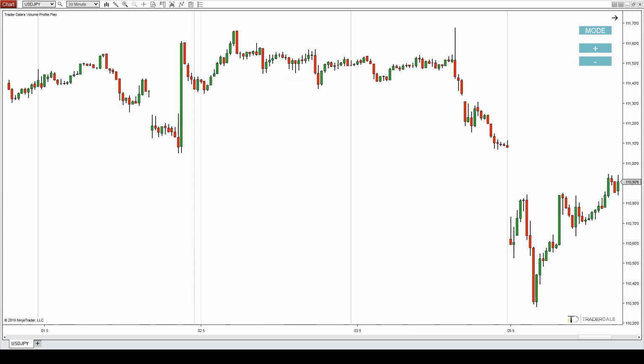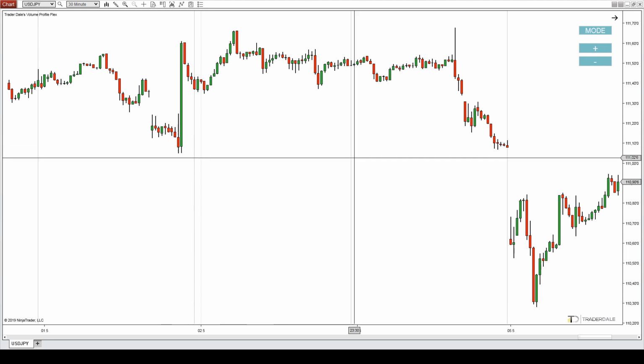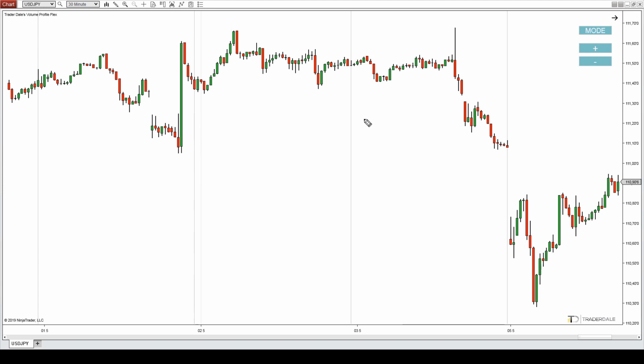Alright? Let me show you very briefly another trading instrument and another time frame, so you can see that the logic is the same for all trading instruments. Doesn't matter if it's Eurodollar or if it's futures or if it's indices. It doesn't really matter, alright? So in this case I picked US dollar, Japanese yen and 30-minute time frame. So those are 30-minute candles, and you'll see that the logic is all the same. So let me show you some